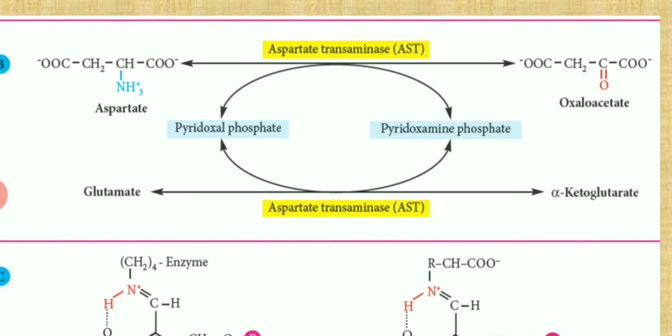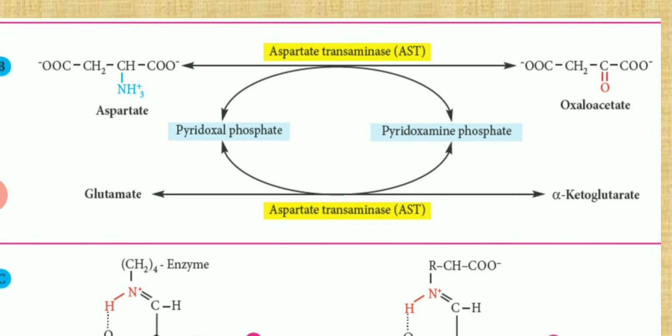So alpha amino acid 1 is converted into alpha keto acid 1, pyridoxal phosphate is converted to pyridoxamine phosphate, then pyridoxamine phosphate is converted to pyridoxal phosphate, and alpha keto acid 2 is converted into alpha amino acid 2. So that is the